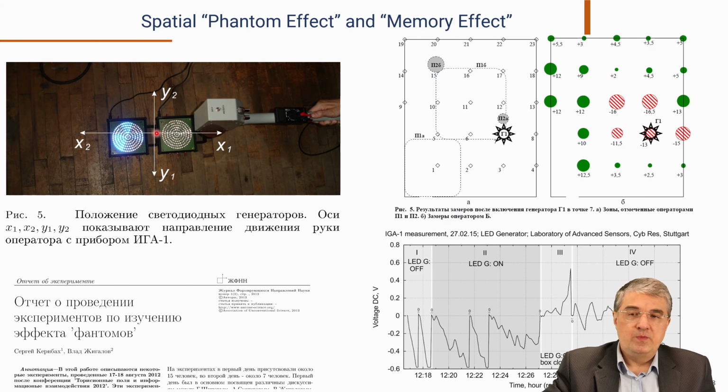People who also experiment with this device and with the phantom effect created a more sophisticated experiment. They use a large room, and in one random position of this room, they switch on this kind of generator. It worked for a while, and then they removed it. So the phantom exists somewhere in the place, but the organizers do not tell other people where this position is and ask them to find it.